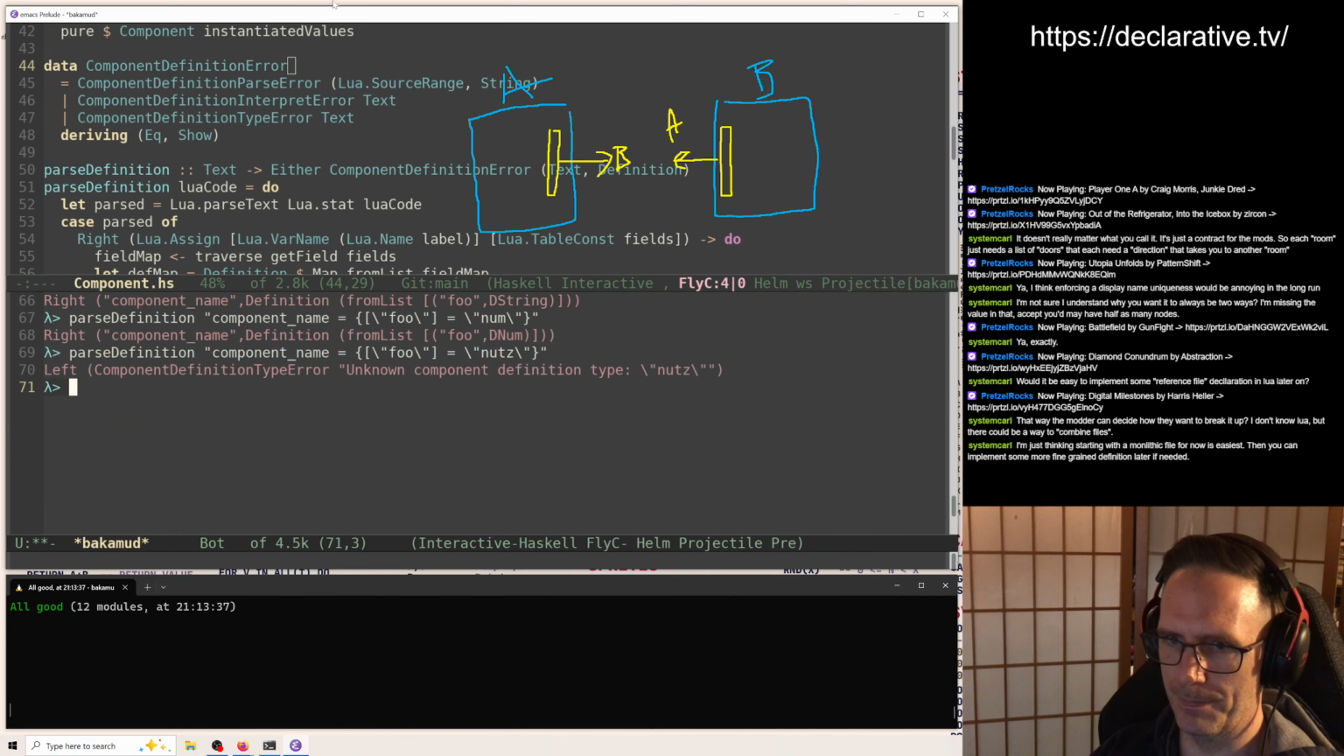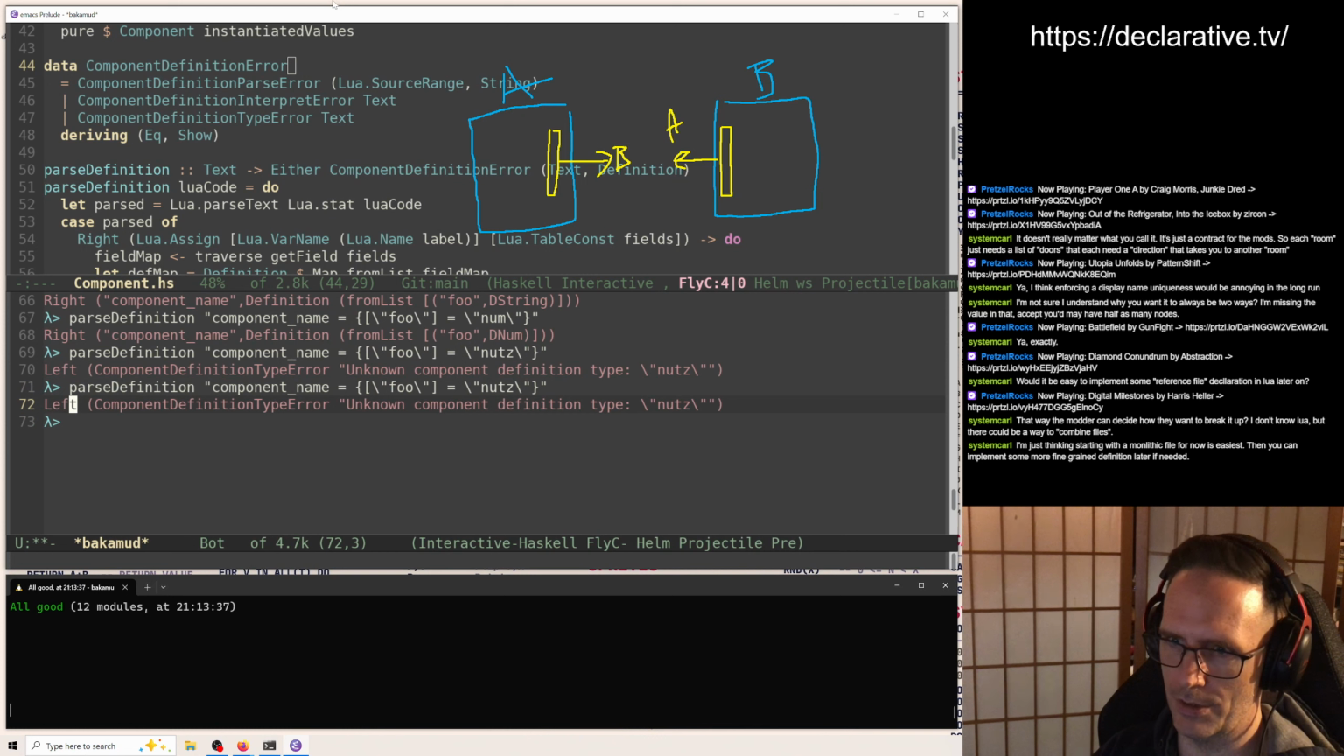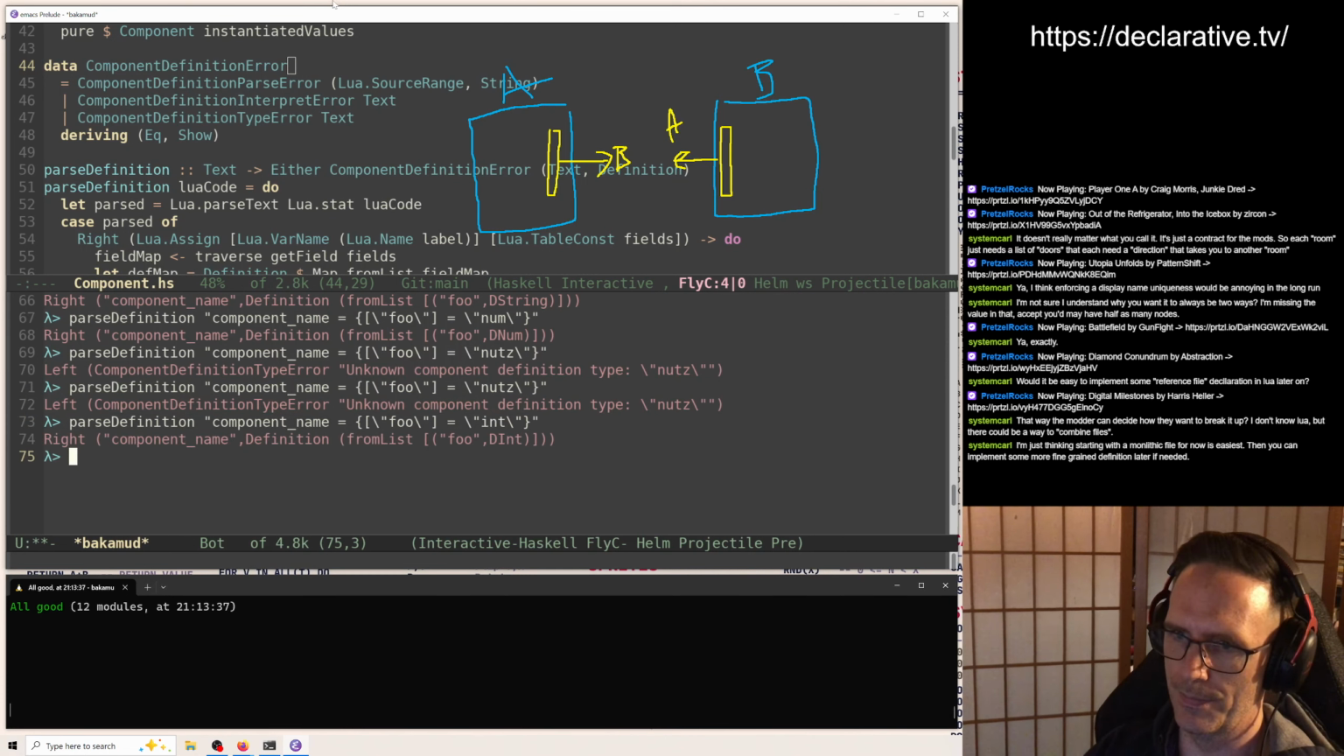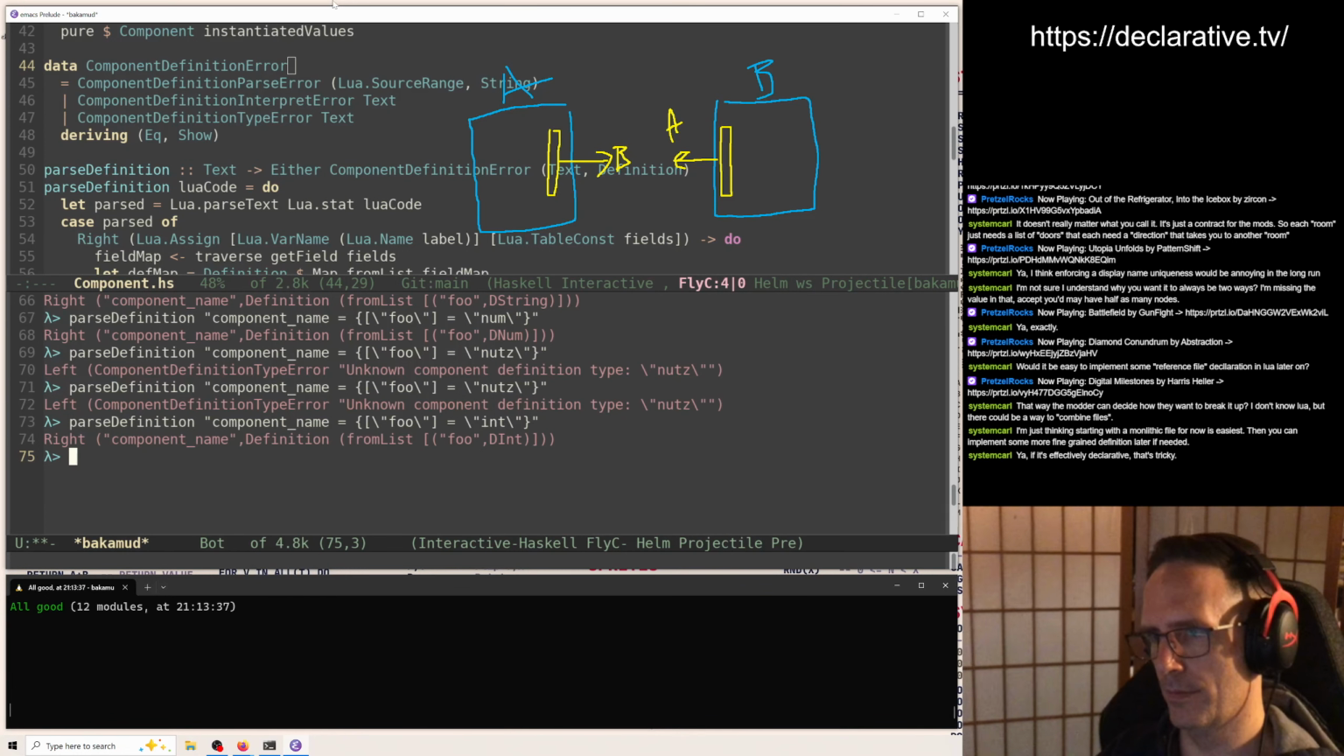So this lets you write the Lua code like this, and we can run parse definition on it, and we get a Haskell data structure just by parsing it. That way we don't have to do any I/O. We don't have to run it. But it is declarative, yeah, which makes things a little bit